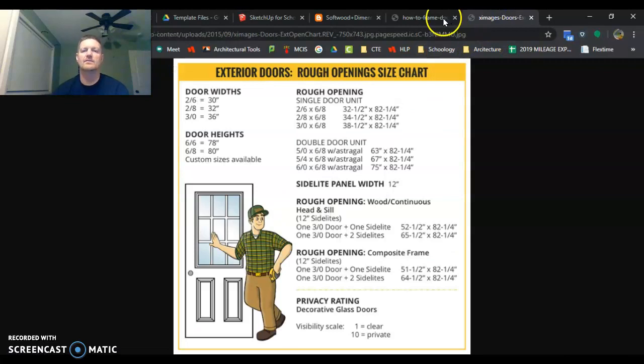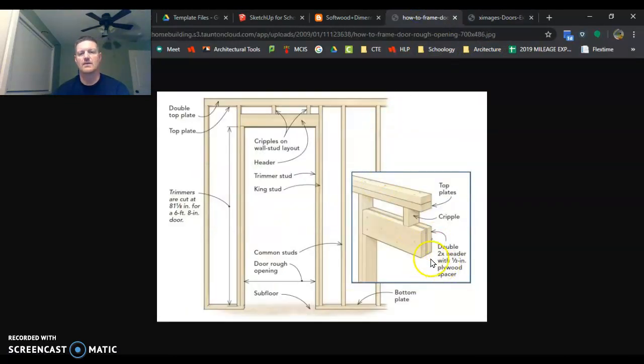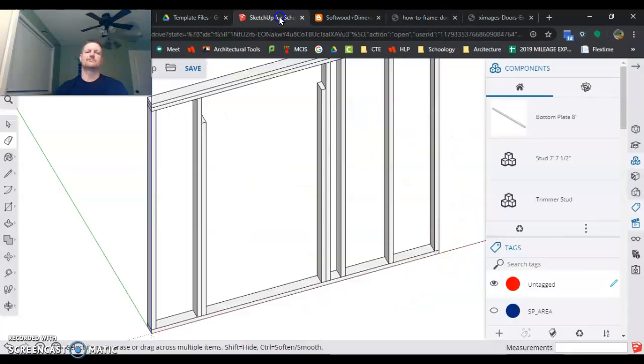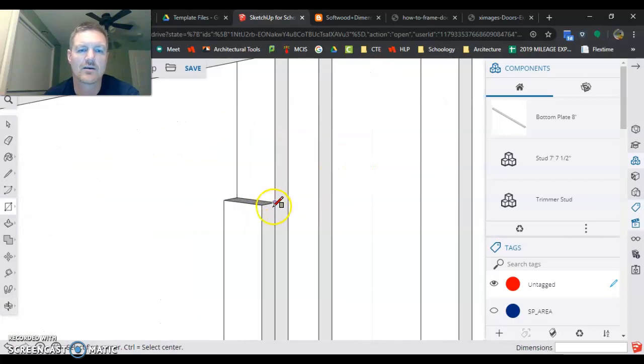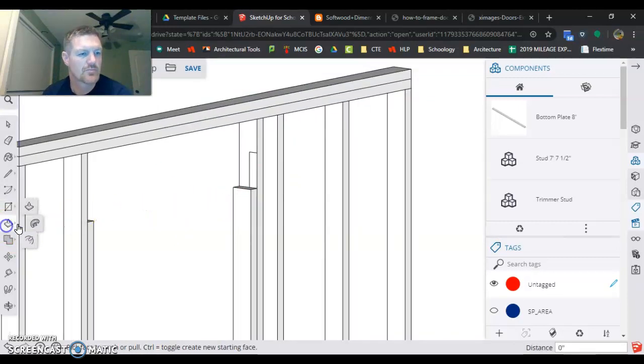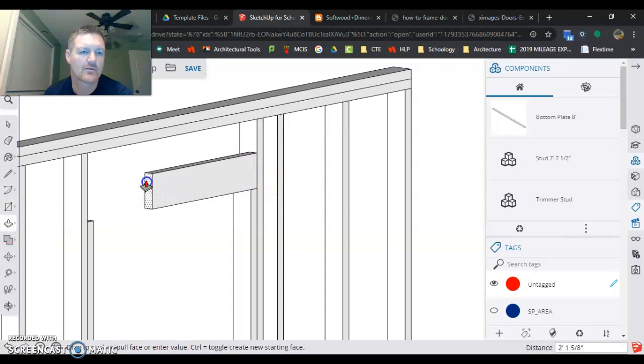I'm going to do the last little piece, which is making my header. So there's a double 2x header on top of here. We're going to do a double 2x6. Put a 2x6 on each side and extend it over. So I'm going to start out, I'm going to come over here, going to draw this up, and it has my 6 inches first and then 1.5 second, so 5.5 comma 1.5, enter, push pull, and I'm going to drag it right on over,